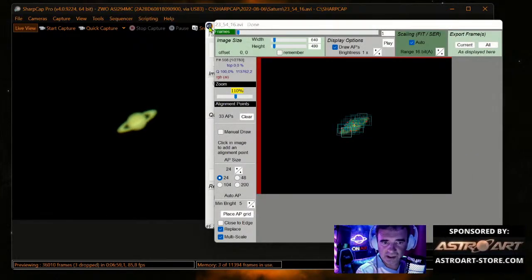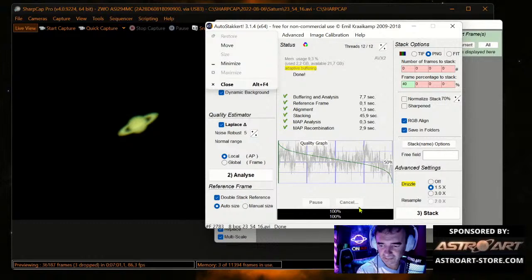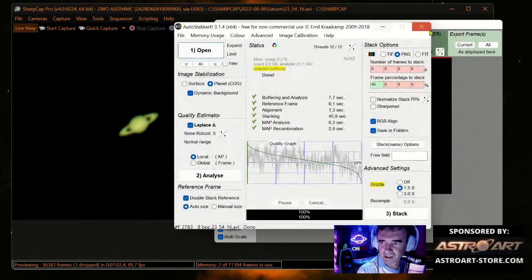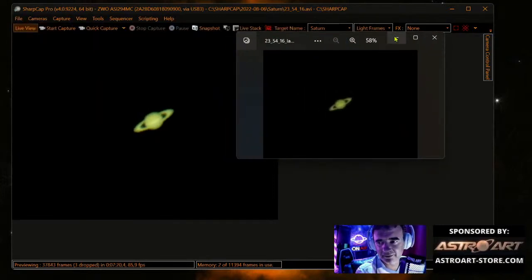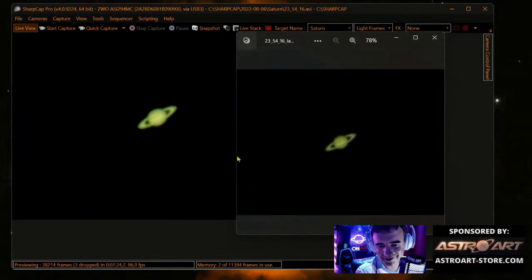Let's see how it is. It's done. We close this, and I will open the image. Where is it? It's in a file near the... So now we have from AutoStack a much better image. Of course, it's much better.